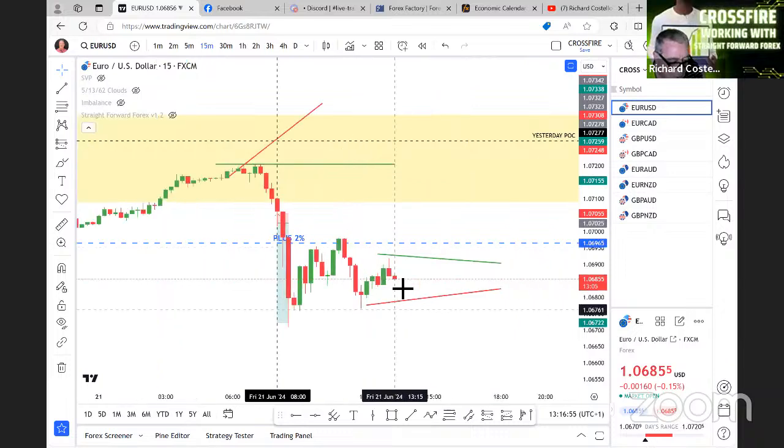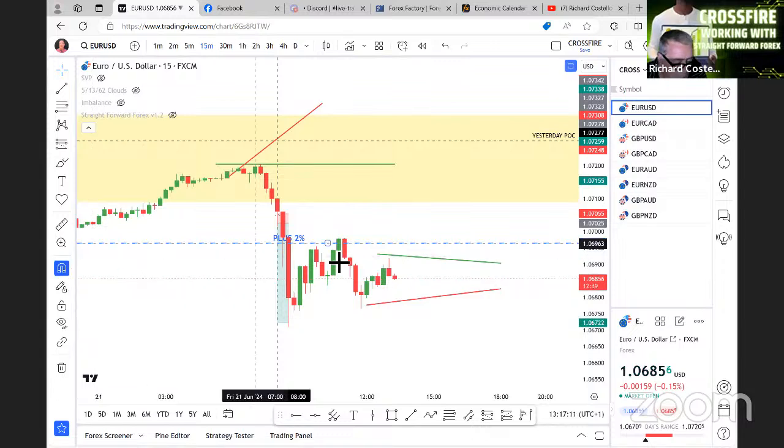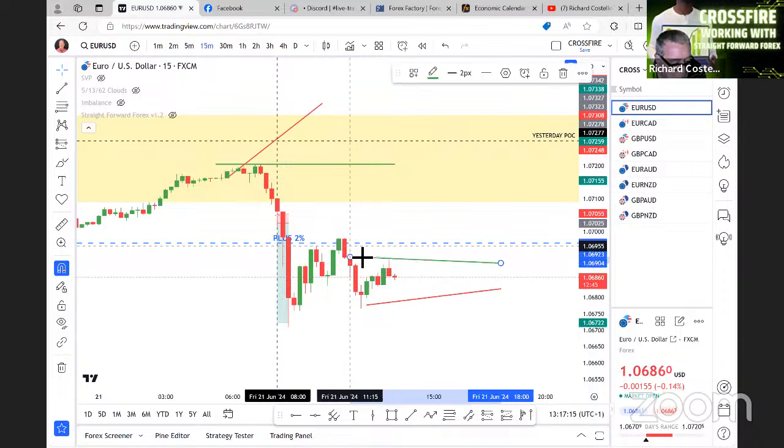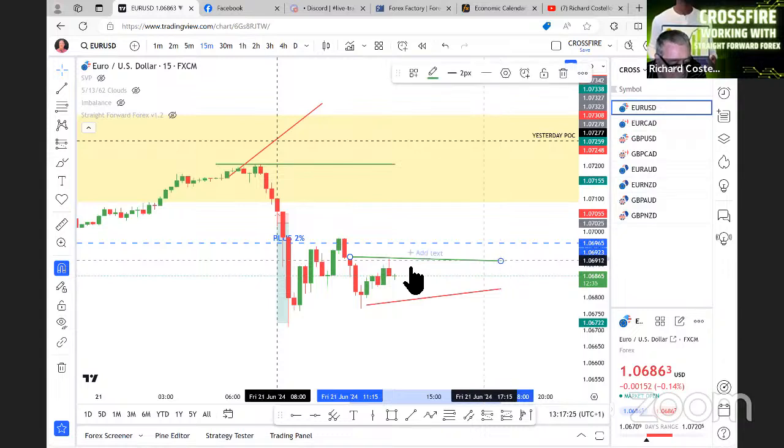And I'm looking at the top of the wick, and I'm looking left from the top of that wick, and I'm noticing that that candle there is actually very slightly higher than the 1 o'clock candle. So if I turn on the magnet tool and drag this trend line across to that candle there, and then just extend this trend line to about 6 o'clock UK time and get it to touch the top of